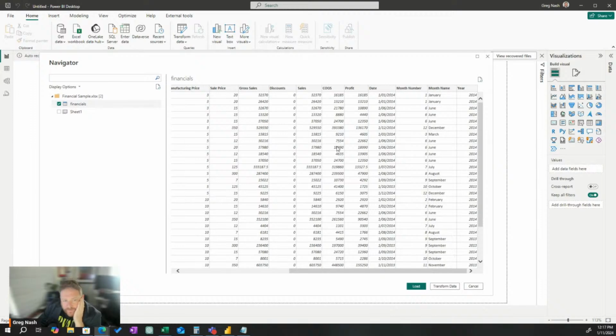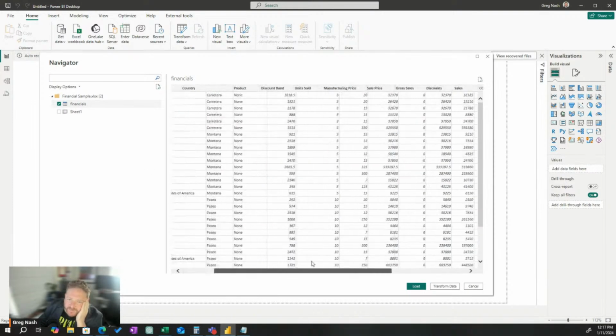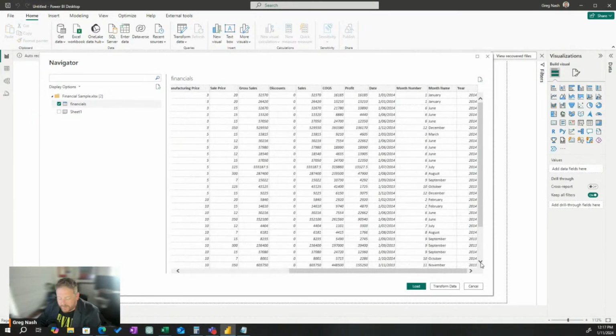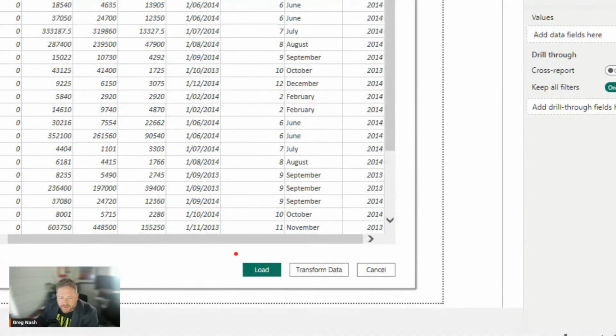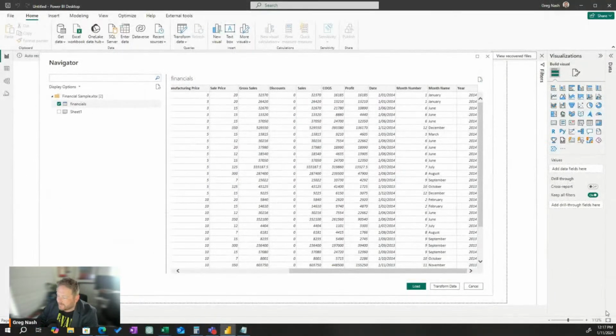All right, we have a financial spreadsheet, super flat, super organized. There's no problem. Now, first rule of Power BI is never click this button. First rules. Okay, I'm going to make a spreadsheet. Should we make a spreadsheet and call it rules of Power BI? And then I'll transfer that to something else.